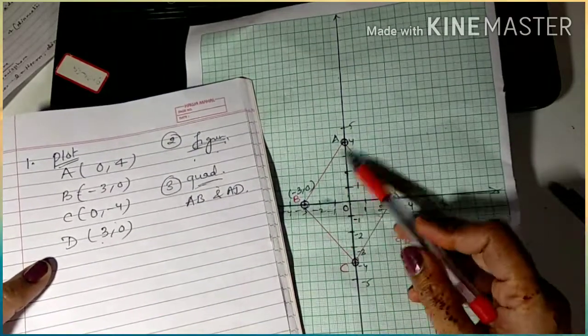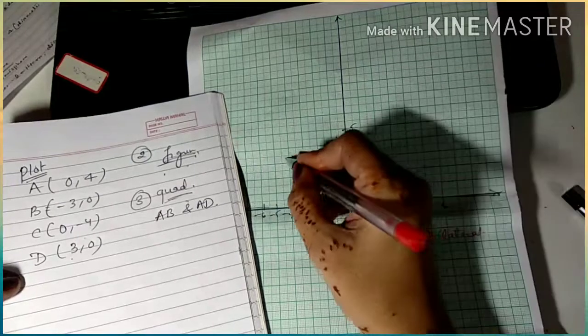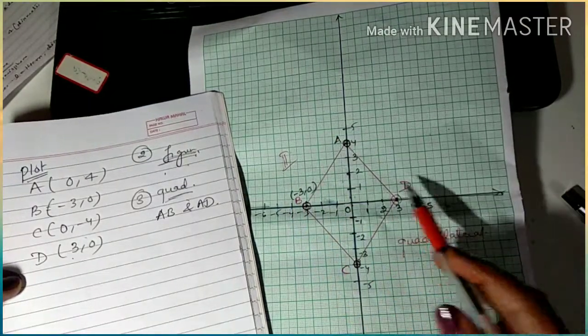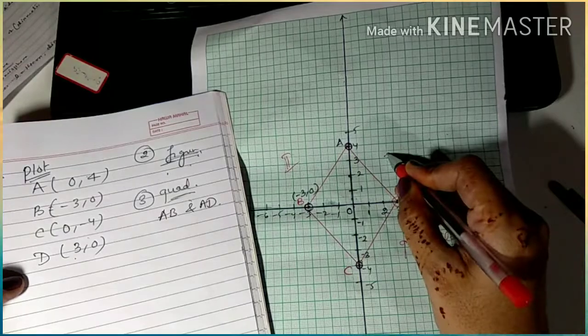Now we have to find the quadrants in which AB and AD lie. Now this AB is in which quadrant? It is in second quadrant. And what about AD? AD is in first